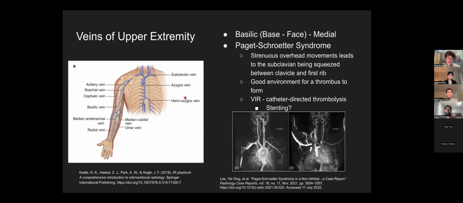Now moving on to the veins of the upper extremity. So you have the subclavian vein branches to the axillary, and then axillary branches off into the basilic, brachial, and then cephalic, median cubital, and then you also have the radial and ulnar. I don't think this is too high yield to know. I don't think there's too much that goes on in